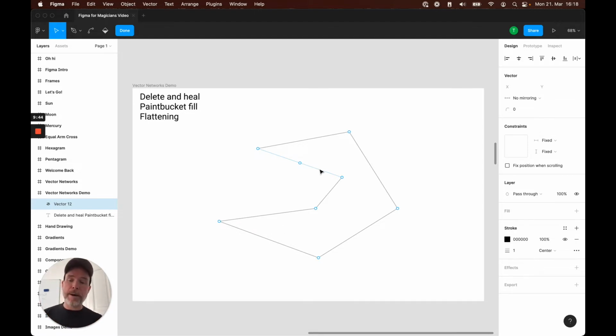This was a question that came up when I taught the class on Zoom. One of the questions was, how do I separate shapes? And so I'll show you how to do that as well. But if I just double click on this to go into the vector edit mode,